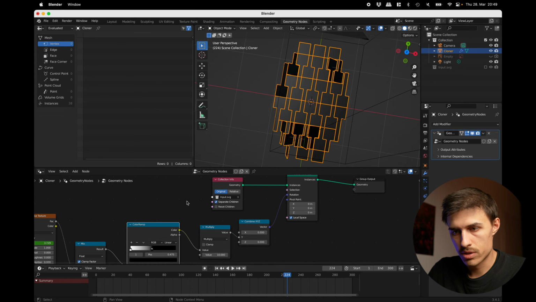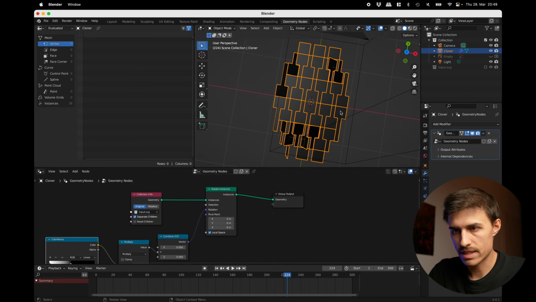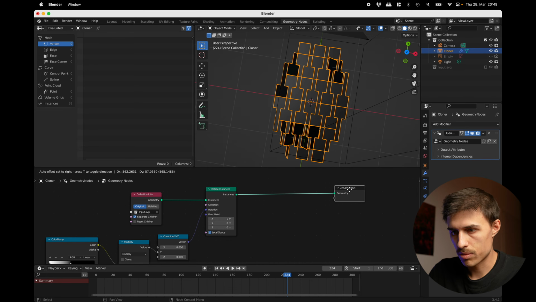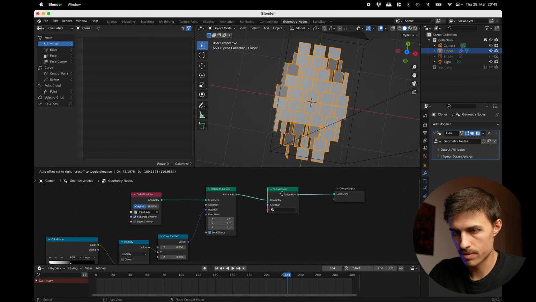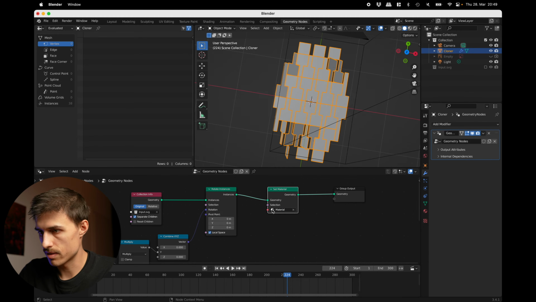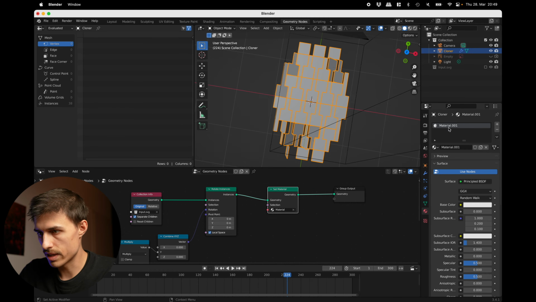Now the last thing we want to do before going into some lighting and rendering is to actually add some material to those objects, because right now they have no material applied. And we can do this right inside of the geometry nodes right here. So I'm just going to look for the set material node, insert this, and we're just going to select this standard white material. To create a new material, you can also go to the right here to create a new material. I'll call this white,